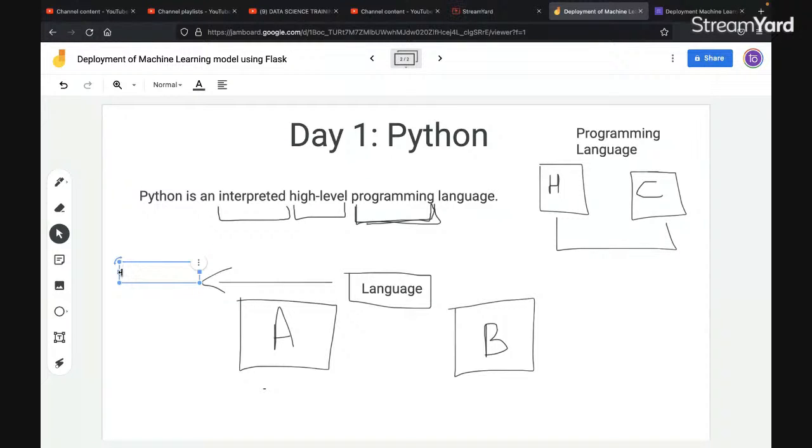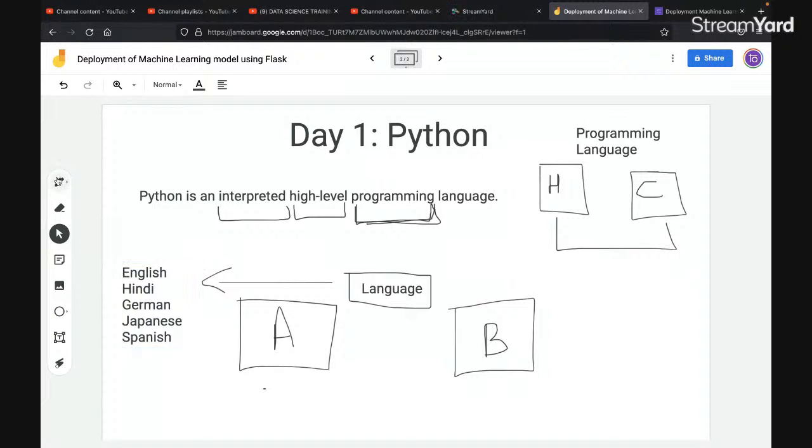Do we have a single language or multiple languages? We have multiple languages. We have English, Hindi, German, Japanese, Spanish, and the list goes on and on.